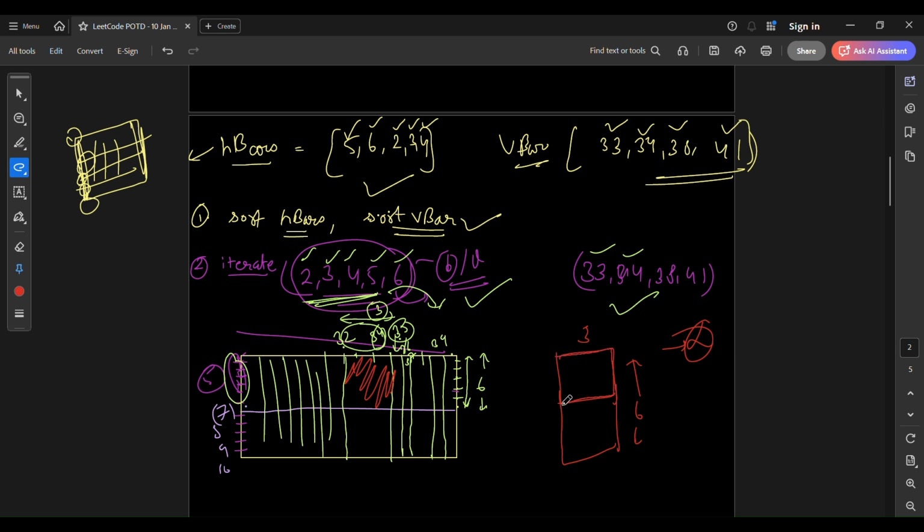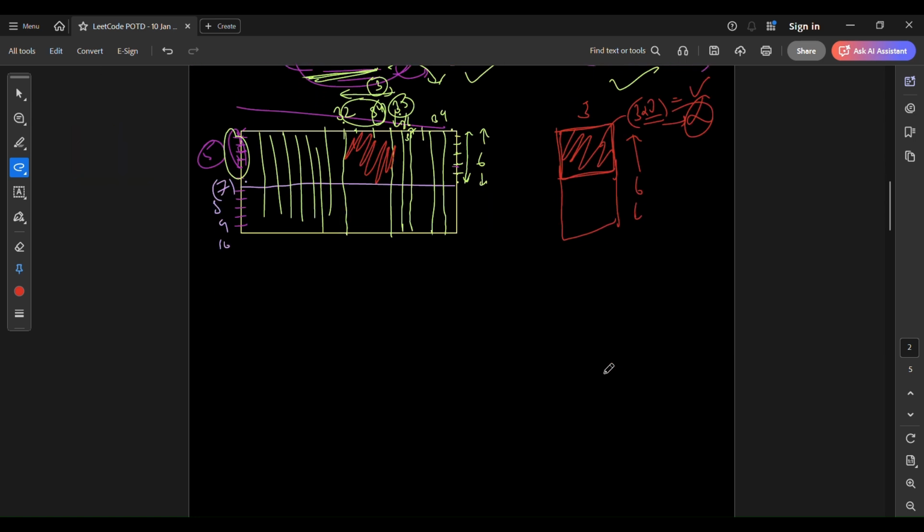It will be of size 3 only. So this will be our answer, that is 3 cross 3, and this will be our answer. Is this clear to everyone? Yes. So what we have got from this intuition is that our second step will be